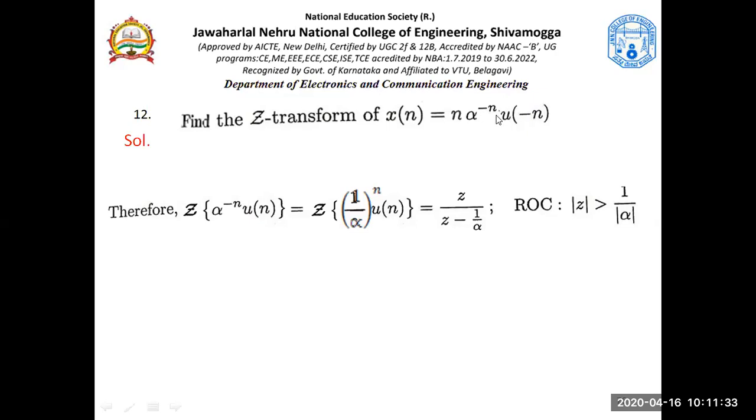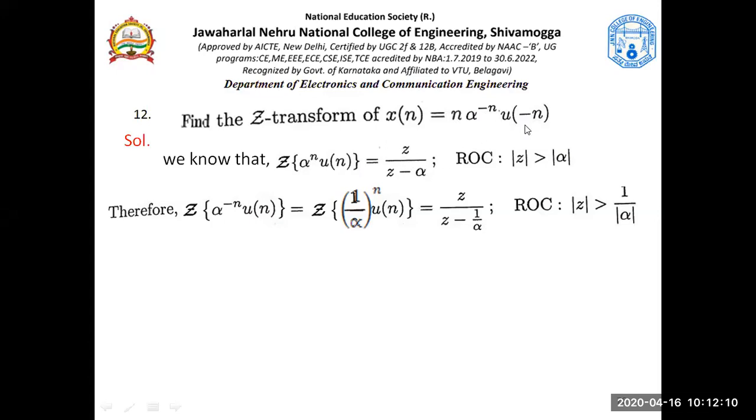It's not only that standard signal, but we have a combination of that with n. So it is n half power n u of n. So we have some standard signals and a combination of that with another standard signal, and some operations performed on that. Which operation is being performed on that? Time reversal. So how to find out the z transform of this? We need to build from the basic signal. Everybody understand? We need to build the z transform of this starting from the most basic signal that is